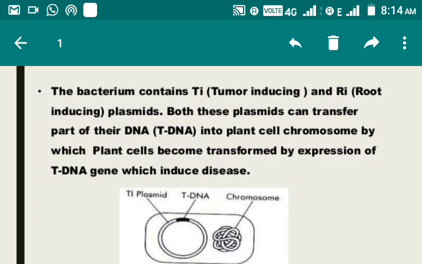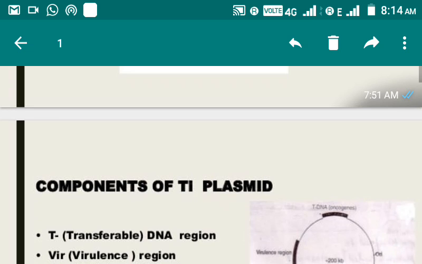Now this tDNA is going to be inserted into the host genome and causes disease, that is tumor. This tumor is quite similar to animal tumor, the result of excessive cell division. And how is this excessive cell division and cell enlargement done? Because of two plant hormones, you all know about them: auxin and cytokinins. You might have studied in your plant tissue culture class, where the optimum concentration of these two determines the growth of shoots or roots in plant tissue culture. Same concept will be applied over here. So these are the genes, we are going to see them in detail.